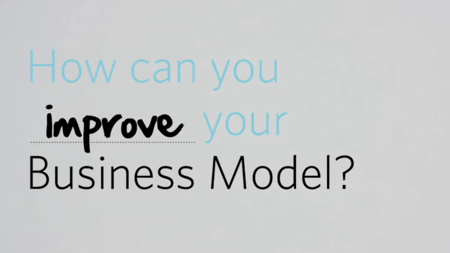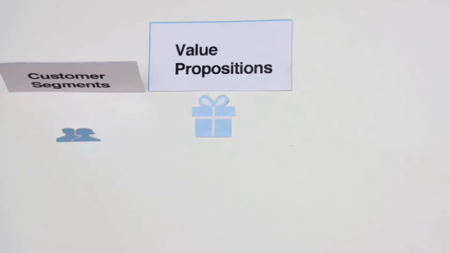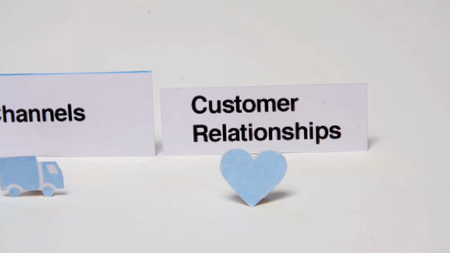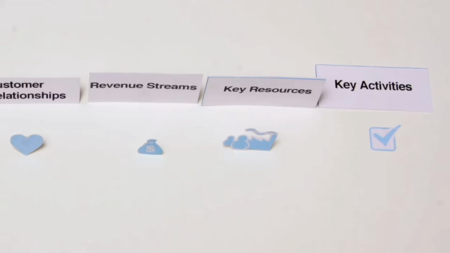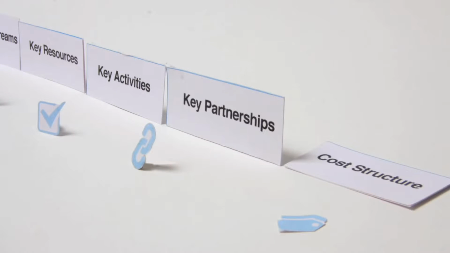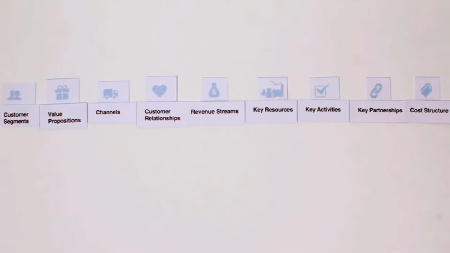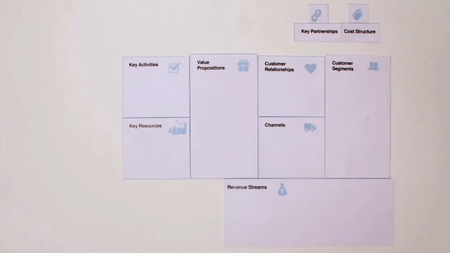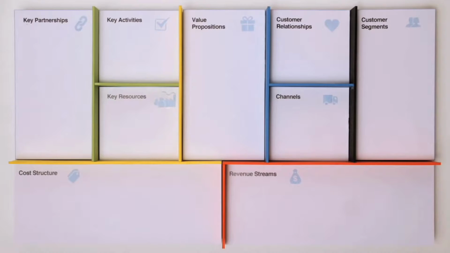An organization's business model can be described with 9 basic building blocks: your customer segments, your value proposition for each segment, the channels to reach customers, customer relationships you establish, the revenue streams you generate, the key resources and key activities you require to create value, the key partners, and the cost structure of the business model. But it's not sufficient to just enumerate the 9 building blocks. What you really want to do is to map them out on a pre-structured canvas. This is what we call the Business Model Canvas, a tool that helps you map, discuss, design, and invent new